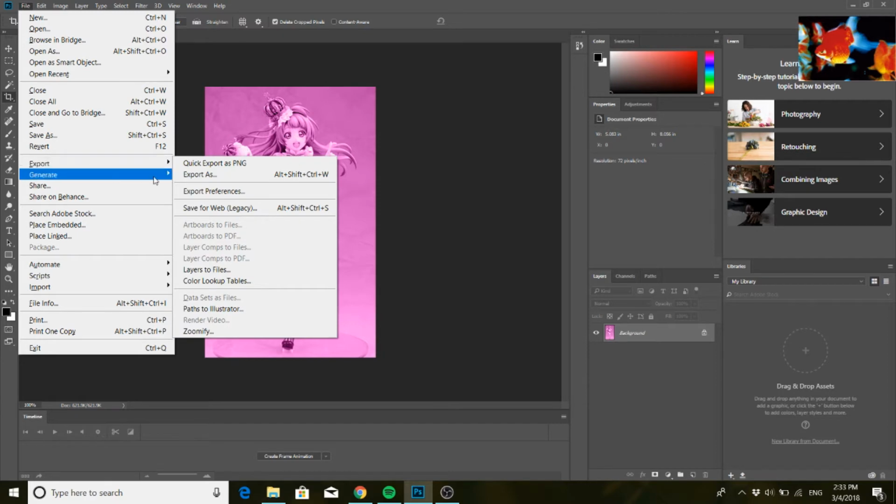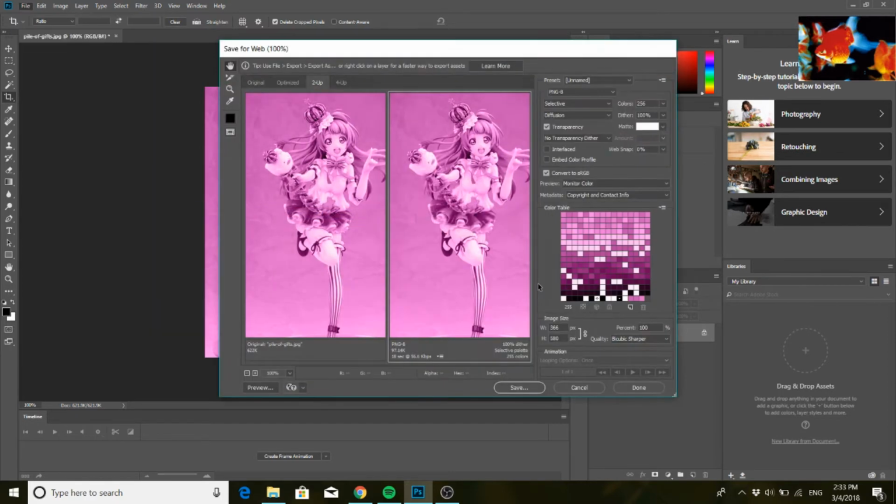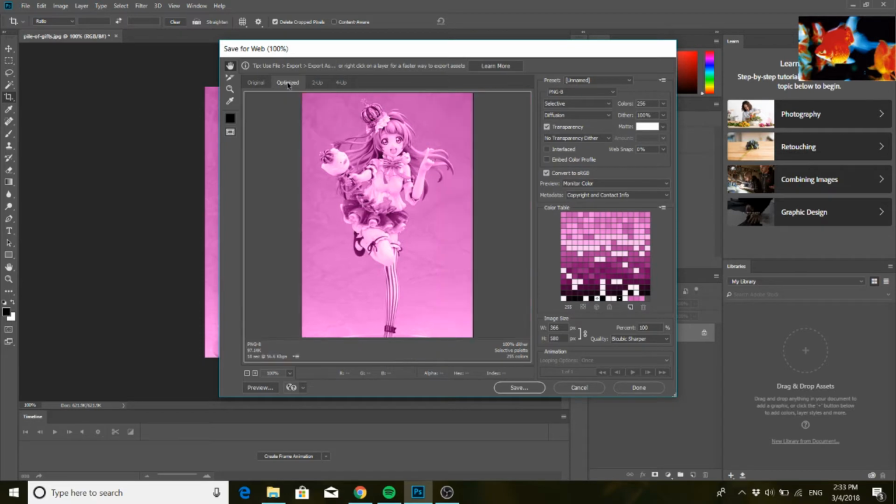Then we will export it for the website and choose File, Export, Save for the Web. First, there's a category that says Optimize, and there are a few formats. GIF, graphics interchange format, is most often used. Then there's PNG, portable network graphics,